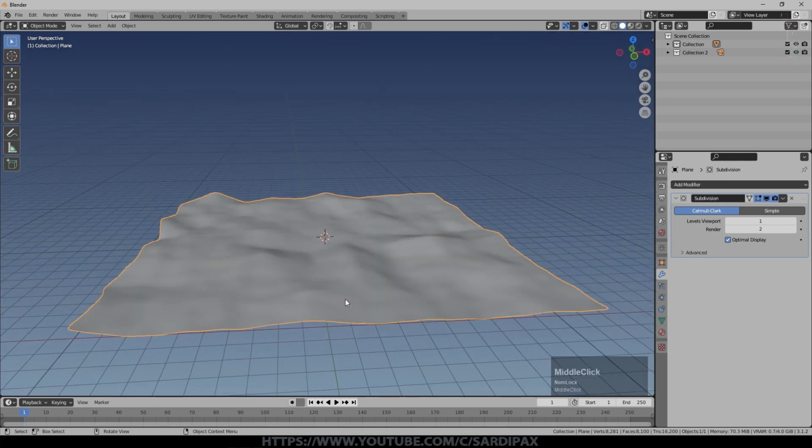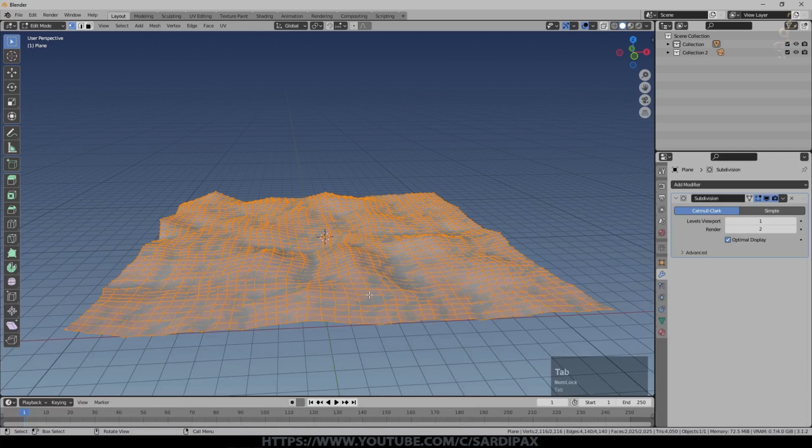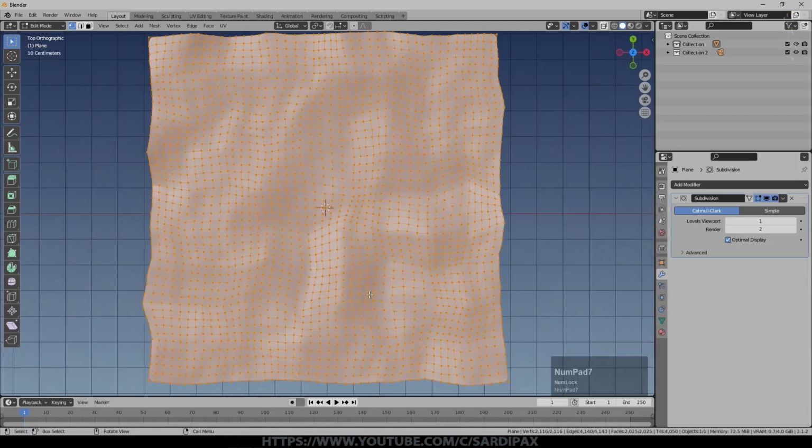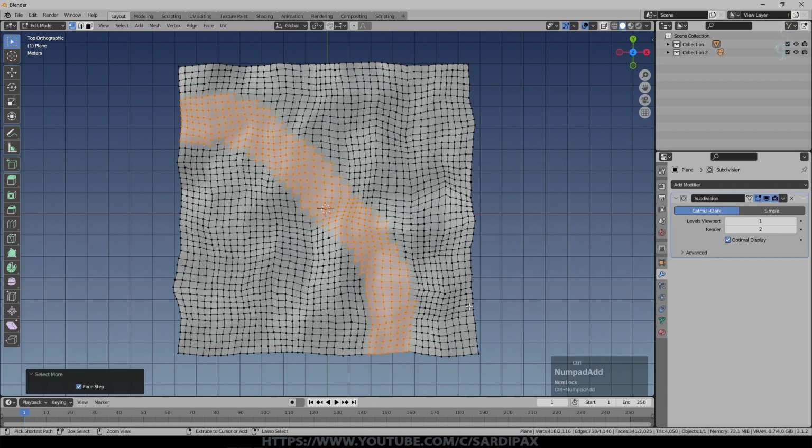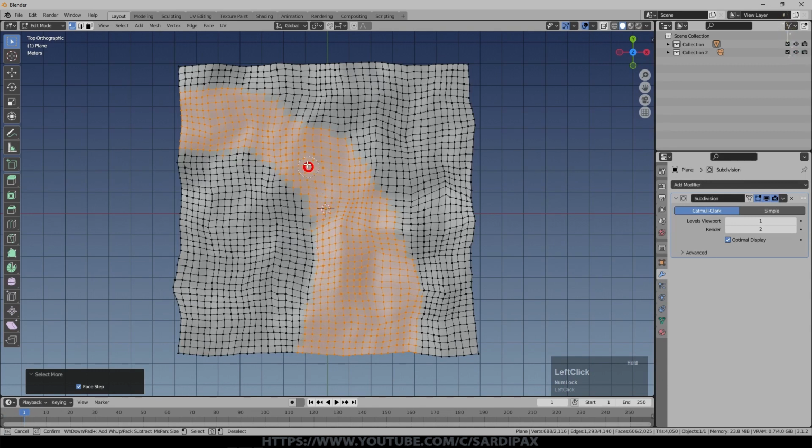So I wanted a sort of river running through it, so what I'm now going to do is go into orthographic view, look from above, press C for circle select, and then I'm just going to start to define my river. I can draw it all directly like that, or I can just Control plus to increase it. That looks a little bit angular, so we'll widen it here and remove a bit here just to make it a bit more round, but we'll widen it here as well because this is where the camera is going to be looking from, so arguably the most important area.